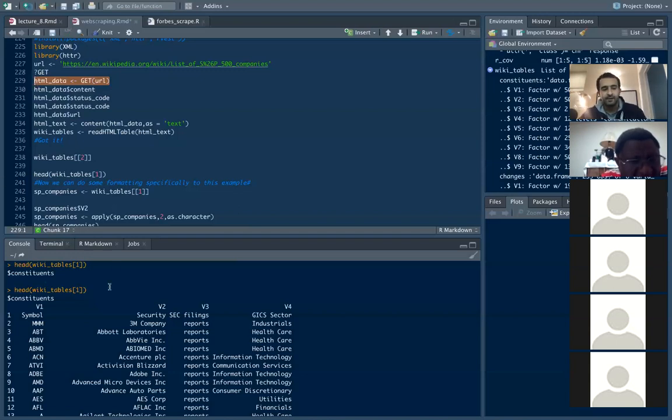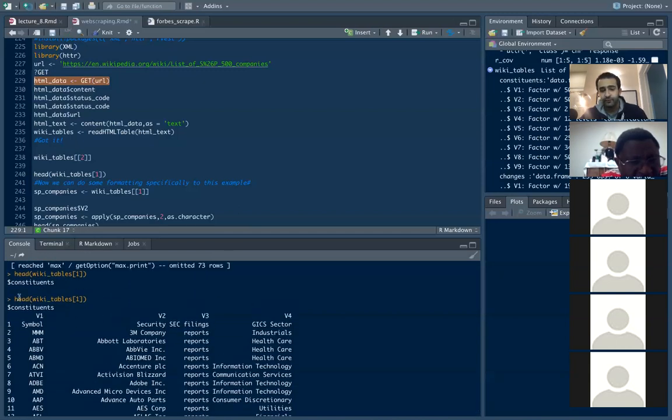Anyway, this is what our data looks like. So if we do head wiki tables 1, that's actually what we want. This is the S&P 500 companies. It's not exactly in the correct format that we want though, because here it's saying the column names are V1, V2, V3, V4, etc. In reality, the column names are actually the first row, right? So here the first row, symbol, security, SEC filing, these should be the column names. These aren't actually objects we care about, right? What we actually care about is like 3M or Abbott or AbbVie,